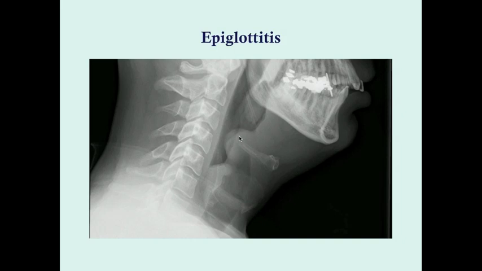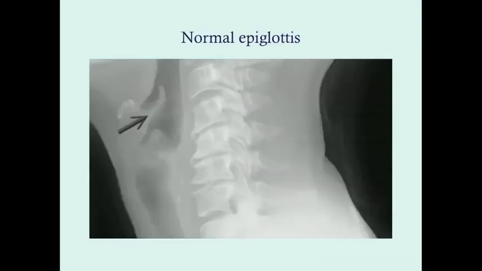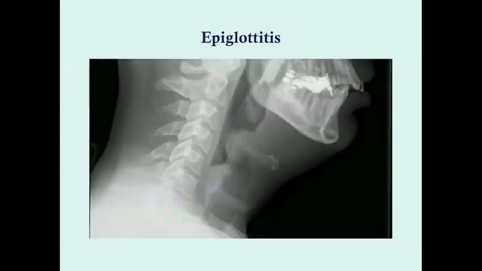Okay, so here's your hyoid bone, and then right behind that is your epiglottis, and you can see that this is not a nice thin little flap, but indeed it is a bulging, swollen epiglottis right here. So if it's the size you can place your thumb on it, if it's got roughly that kind of morphology, then it's probably epiglottitis. But if you go back here to the normal epiglottis, that doesn't look like your thumb at all. Whereas something more like this does look like your thumb here.